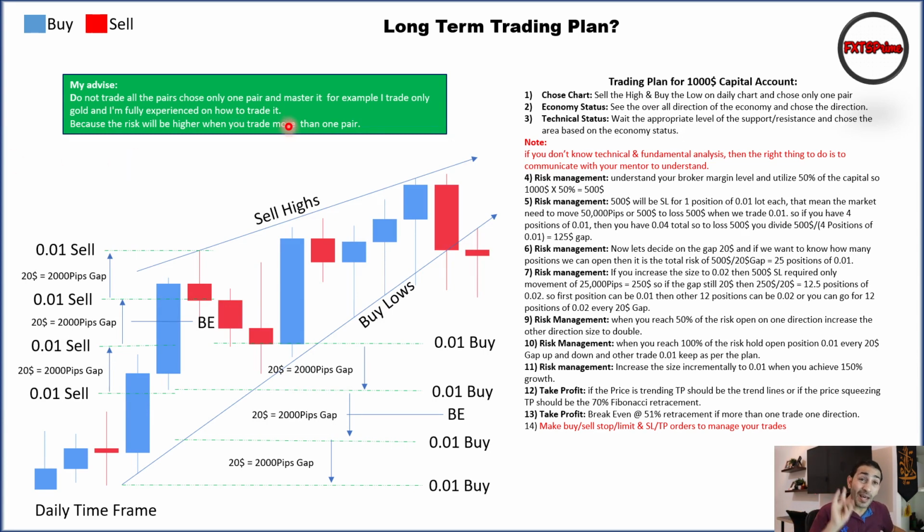Another benefit if you are trading only one pair, and for me, I am trading only gold. I was trading 15 pairs of currencies, including the gold, and I have stopped doing that because it's useless. If I am trading only the gold or only one pair, I'm going to master that technically. I'm going to master that fundamentally. And I'm going to use my hedge margin when I trade sell